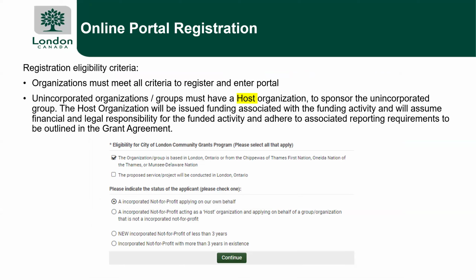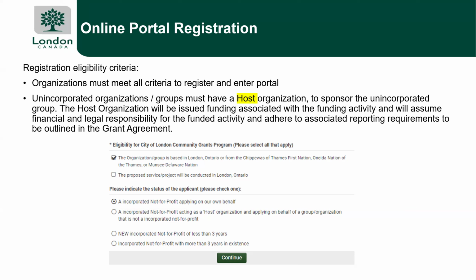So the online portal is used for all of the registration. This is the first slide that you'll see, about the eligibility to enter into the portal. Those of you whose organizations are already in the portal already qualify to make a submission. So this is mostly for new organizations. The unincorporated groups must have a host organization. So that means you have to have an organization that is a registered not-for-profit.